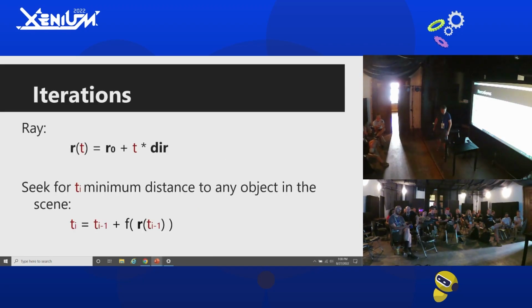larger. Now, this is how we move along a ray. It's a very simple, very fundamental mathematical equation. We have the direction, we have the starting position, and we have t, which is dependent on our distance in the scene. Now, we find